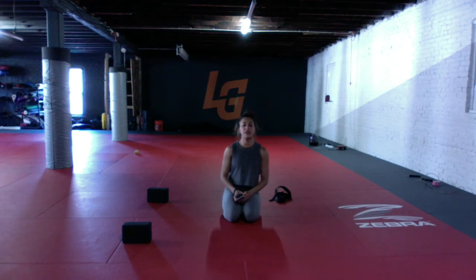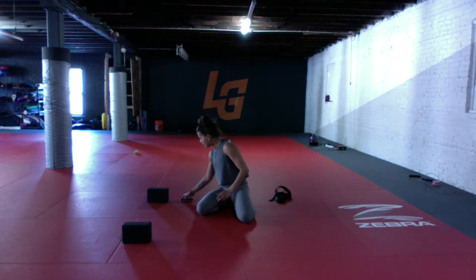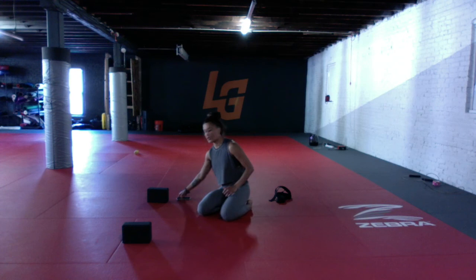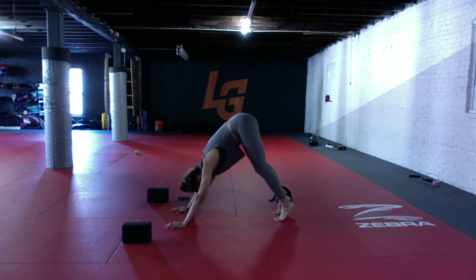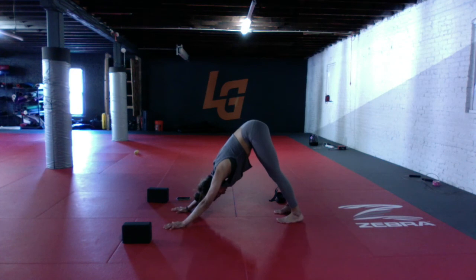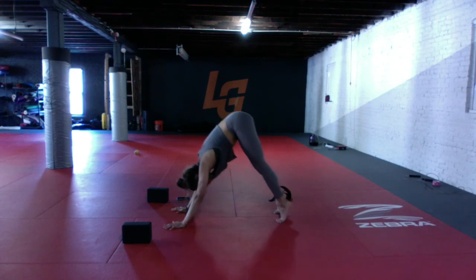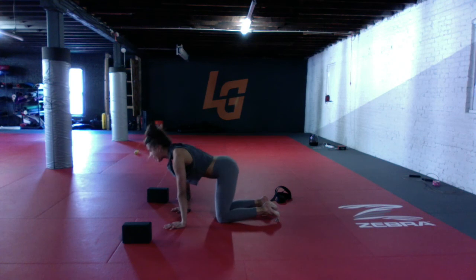And whenever you're ready, you'll tuck the toes to find downward facing dog. And we'll continue to pulse a little bit. In your down dog, you can take a couple of moments to pedal out the knees. But then once you find stillness, your inhale will cause you to round forward, knees come towards the mat, find